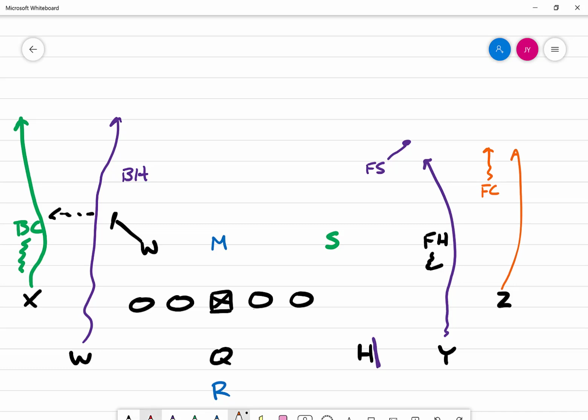But we've taken this free safety, with a post call, and now he's going to post number 2, and we've made our Sam a carry player. So if he's going to force an outside release, he's got to play with inside leverage, and he's probably got to give up a little bit of depth. And we're going to take this vertical from 3 with our Sam to the post. Again, also knowing it's not likely we get 5 verticals. There's a chance we get some late help from